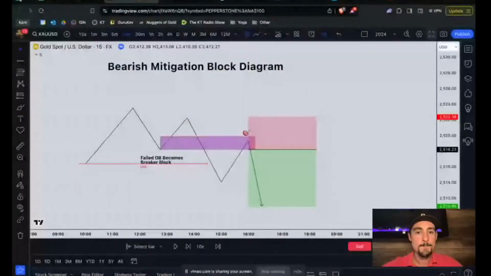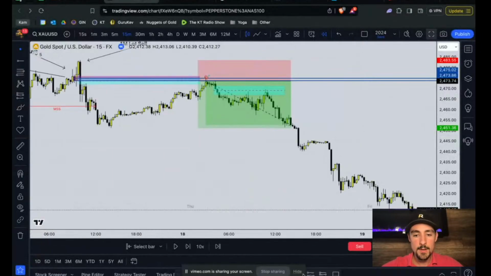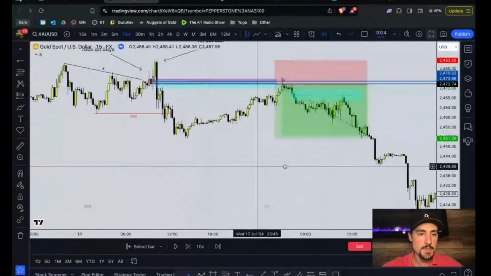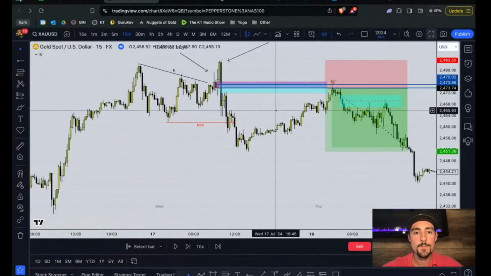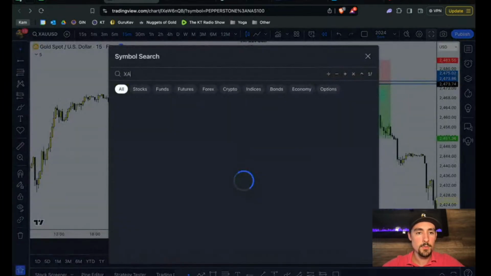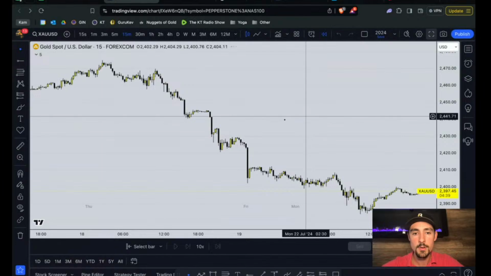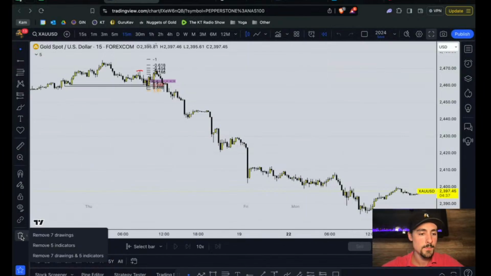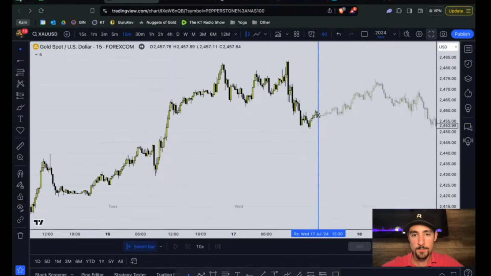So to re-emphasize this, if we take a look at gold for an example, this is just an example where we kind of have overlapping an order block and a breaker block. But here, let's pull up a clean gold chart so we don't have as much noise to be focused on here. So let's delete all that. Okay. If we take a look in the replay mode,